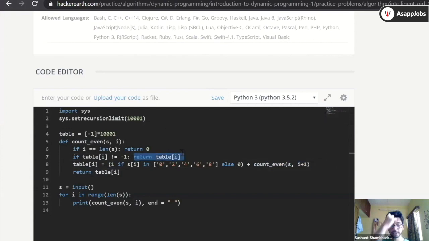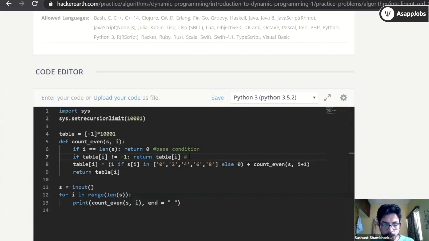So this is the structure of a typical dynamic programming problem. You define a function first, then define a base case, and then define a recursive call. These three things you definitely need. This is a base condition. After the base condition, check whether this problem is already solved or not.